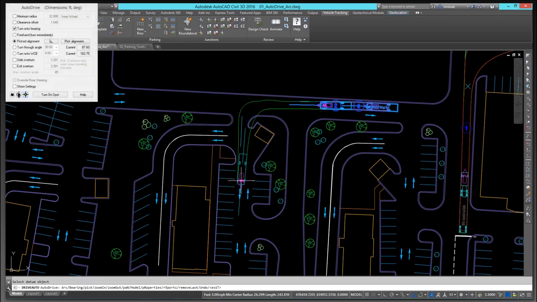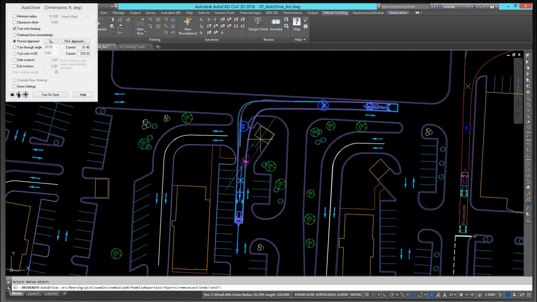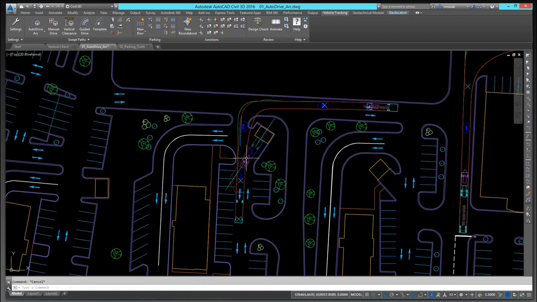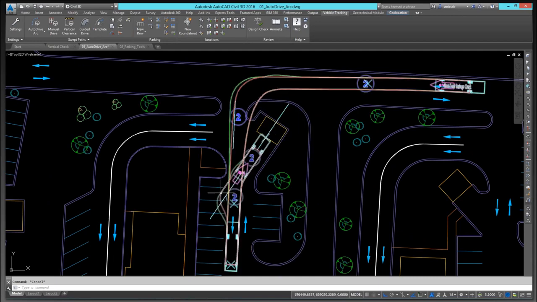And I'm going to see if he can fit right through here, and then back up into the truck. So I can see in this one, I'm going to cut the corner short here. And for me to back up, I'm going to end up going to those stalls. I'll pick on my path